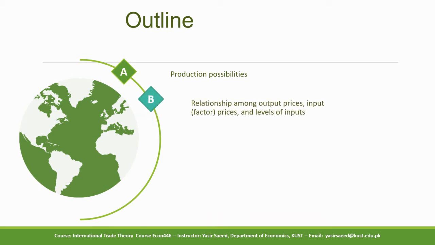Then next we will see the relationship among output prices and the input prices, or what we call the prices of the factors of production, the wages and the rents, and the level of inputs. Again, the relationship among the output prices, the input prices, and the level of inputs, the amount of factors of production that we are going to use, and we will see how much we can produce with those levels of